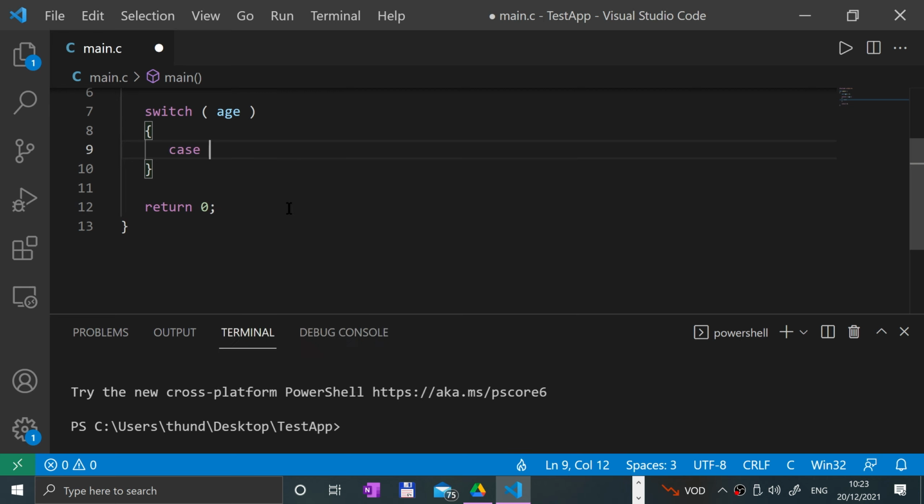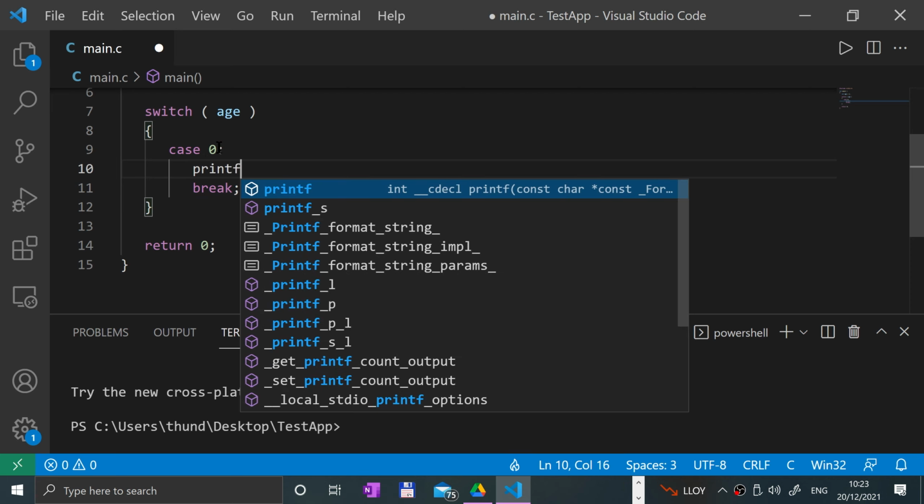So you put case, space, then a value, so if you put 0 colon, this is basically saying check age is equal to 0. If so, do some piece of code. You don't need curly braces here because it knows the end of the case by this line, break semicolon. So this is the start, you can think of it like an if statement part, and this is the end, or the equivalent of the end curly brace. And then any code you want to run, you just put here. I'll put printf